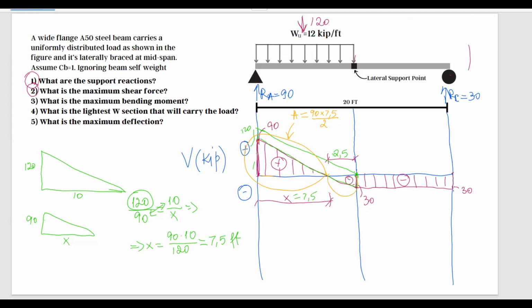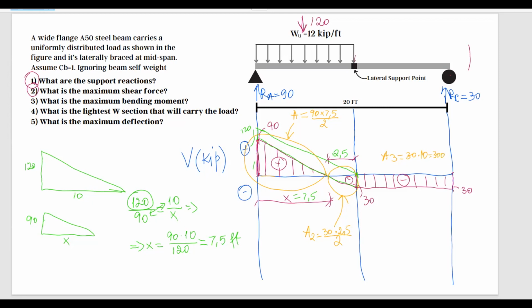And now this area over here, we are going to have A2 equals 30 multiplied by 2.5 divided by 2. This is just the area of a triangle. It's the base multiplied by the height divided by 2. And now this area number 3, which is the area of a rectangle, we have 30 multiplied by 10